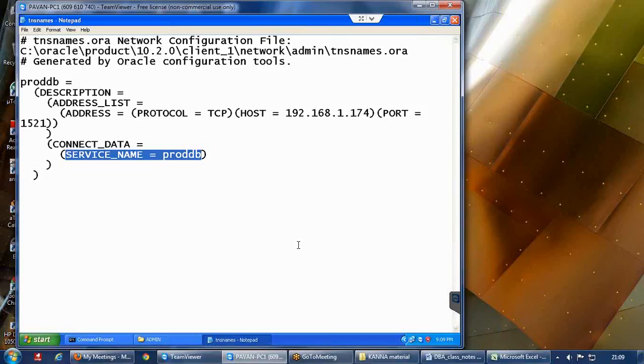Yeah, usually in real time the port number will be standard only, but if you want you can change it. Any other queries from anyone?